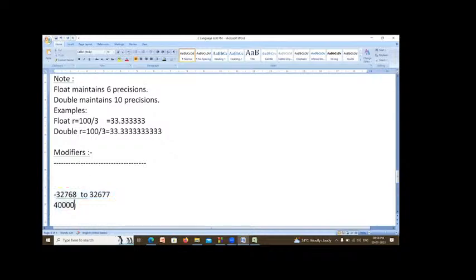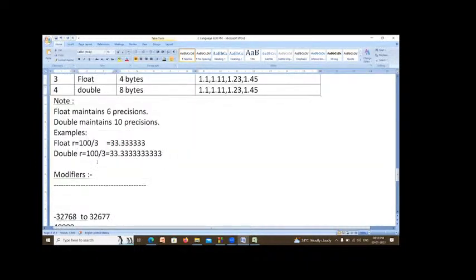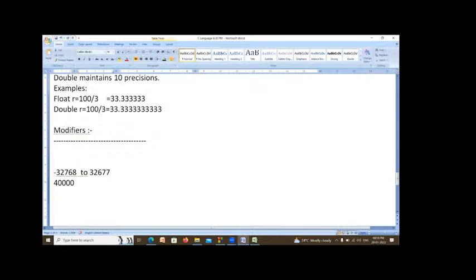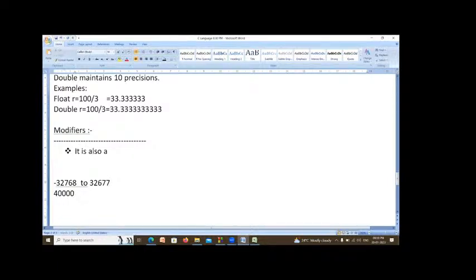To avoid this, what do we have to do? We have to modify the meaning of the data type. To modify the meaning of data types, we need to use modifiers. Now, what is a modifier? A modifier is also a keyword, which means it is already defined in the system.